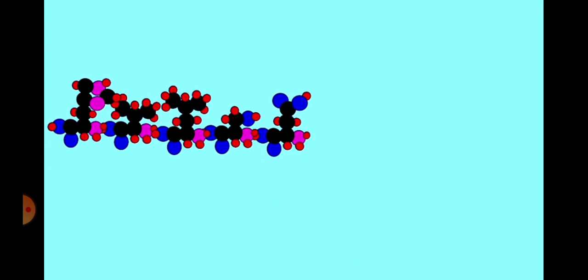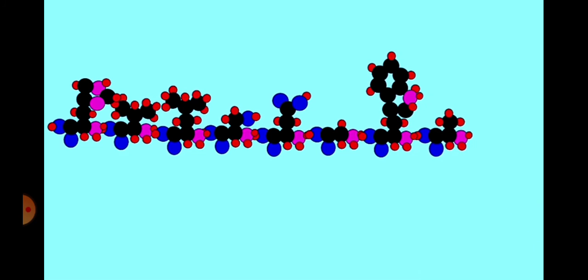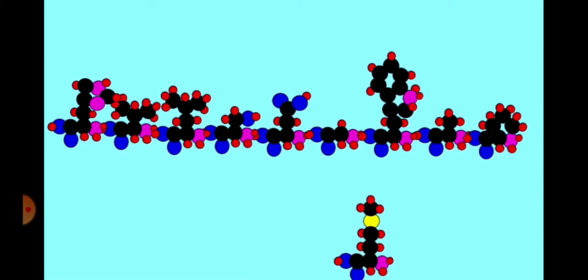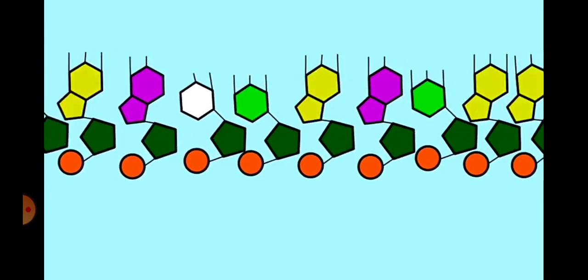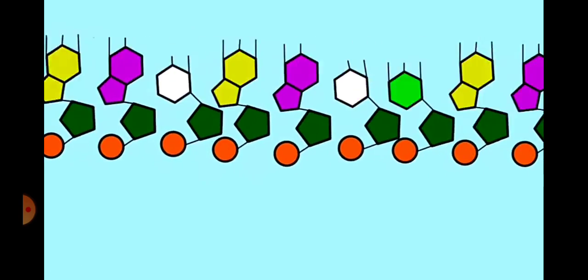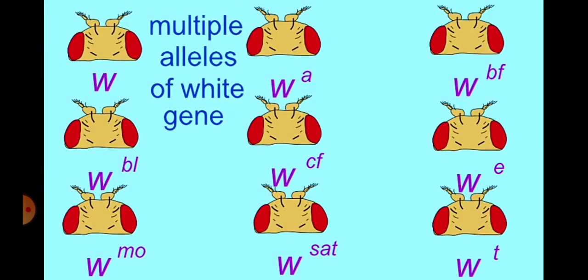Genes can be quite long, with a large number of nucleotides, and the proteins they encode can be long, with a large number of amino acids. Mutations which change certain nucleotides or certain amino acids in the protein can therefore be different from other mutations at different spots of the gene, which affect different areas of the protein. Sometimes different mutant alleles can cause different mutant phenotypes. For example, with the Drosophila gene white, the original mutations isolated caused the normal brick red eyes to be a bright white in color.